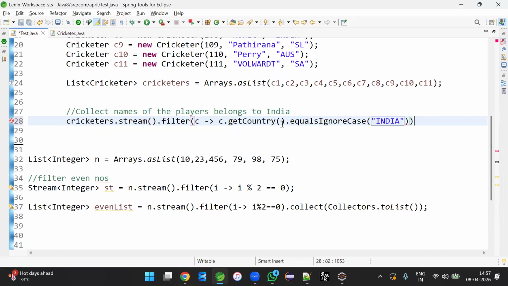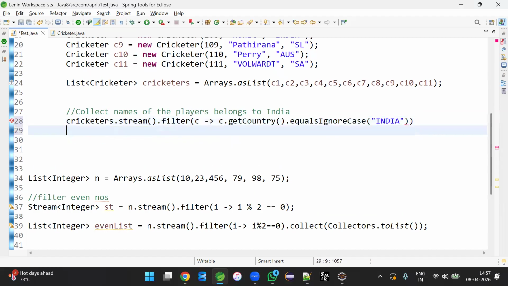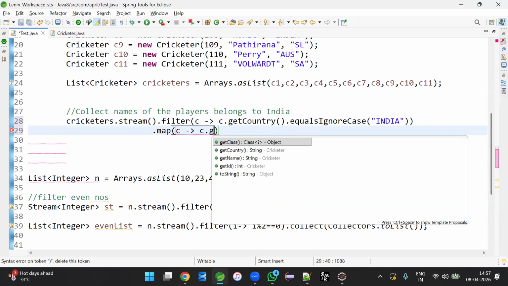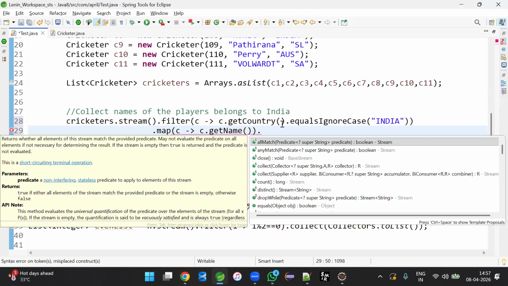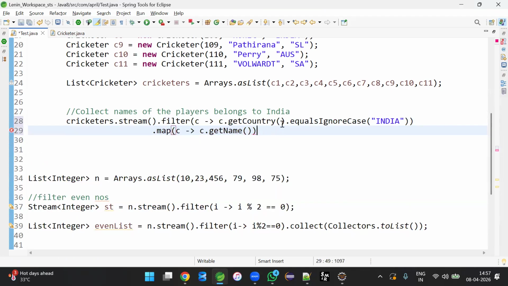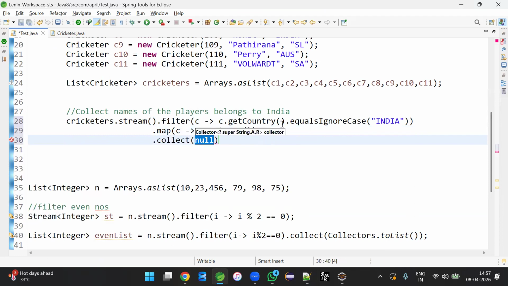Then out of that, what do we want? Names only, no? Then what can we go for? For every such player we have to get the name by using a map. After filtering, I'm applying it here. Then dot map. Map will take any variable, then lambda, which returns any value, and C dot getName I'm using. After this, map also will result in a stream of the data, but we don't want the stream. We want a collection. Then for the collection, we can go for the dot collect method,